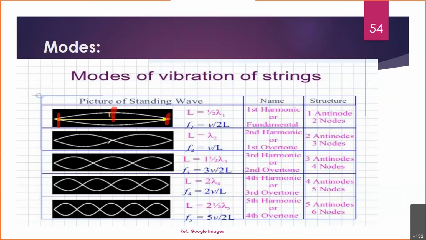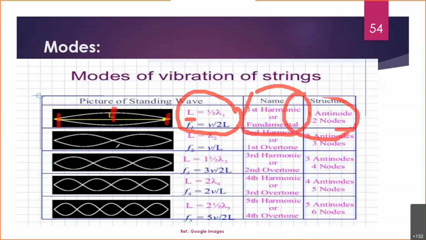Depending on that, again you see this formula 2d equal to n lambda. Instead of d, they have considered capital L. So don't worry, the pattern is almost the same. It all depends on how you choose the distance between the mirrors, d or L or whatever. This is known as the first harmonic or the fundamental, in which one antinode and two nodes are there.